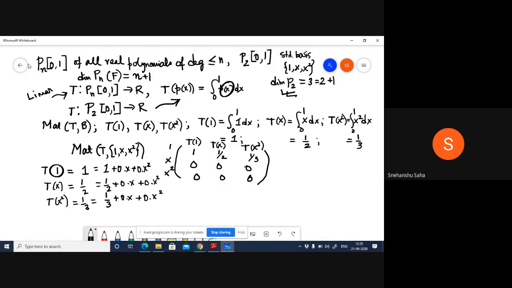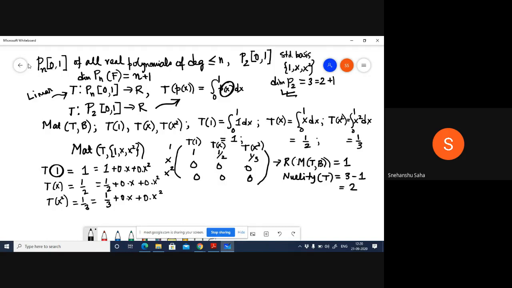Now, if you look at this matrix, it's really easy to see that the rank of this matrix M of T is nothing but one, because you have one linearly independent row, right? And so this is the range of T. And so what is the nullity then? The nullity of T has to be the dimension of the vector space minus the dimension of the range, right? So this is T.